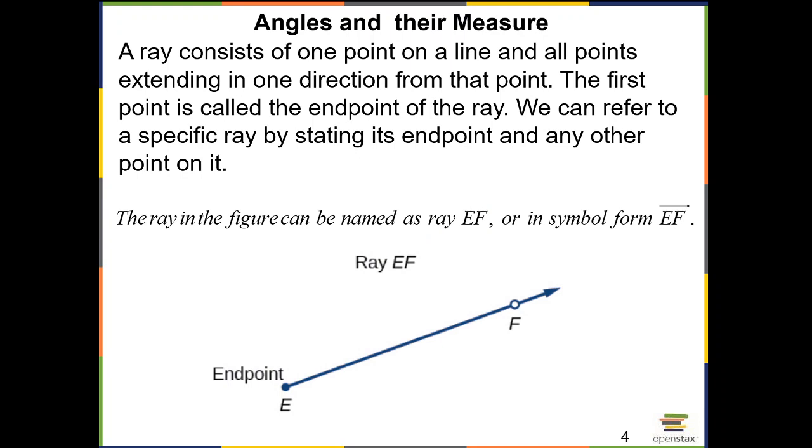Now, you know from geometry what a ray is, right? A ray consists of one point on a line and all points extending in one direction from that point. Now, you don't have to sweat too much on that definition. Just think of a ray. You know what a ray is. It has one end point and the other direction goes forever. That's a ray. And the way you name rays is by using